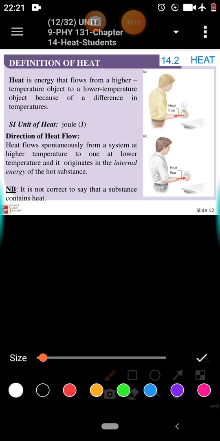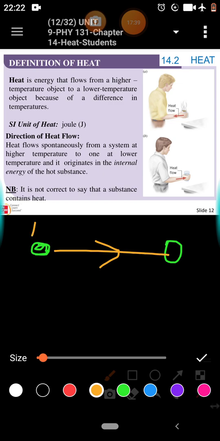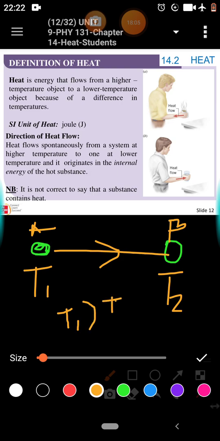Heat is the energy that flows from a higher temperature object to a lower temperature object because of the difference in temperature. So we talk of heat. So heat is the energy transfer, from a higher temperature, let's call it T1, and then T2, where T1 is greater than T2. So heat is the energy that flows from higher temperature object to lower temperature object because